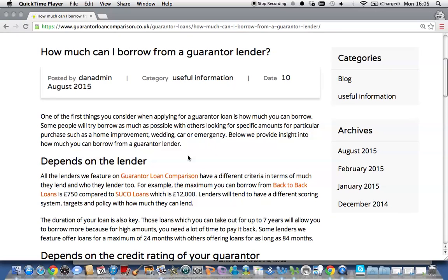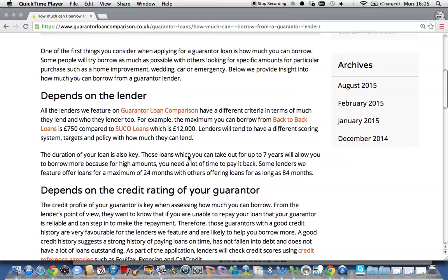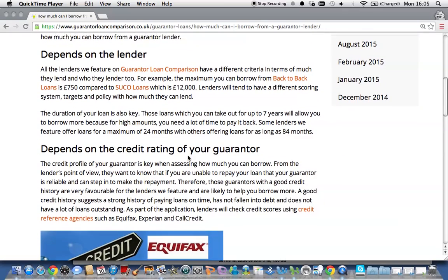Or do I have a specific purchase, like an emergency? Or do I want to pay for a holiday, and do I want £2,000, £3,000 specifically? However, how much you can borrow will depend on a number of things. So, looking at the different guarantor lenders that we review on Guarantor Loan Comparison, firstly, it does depend on the